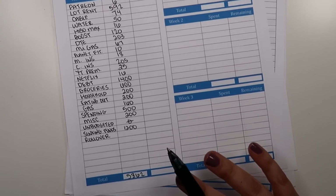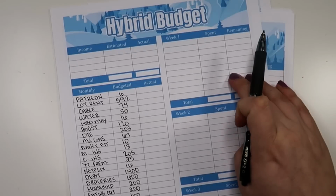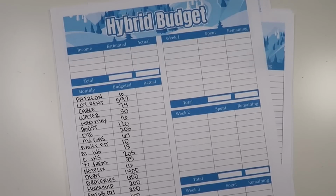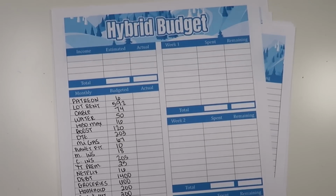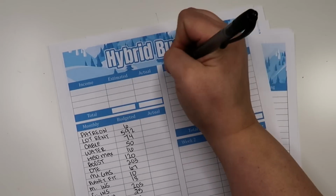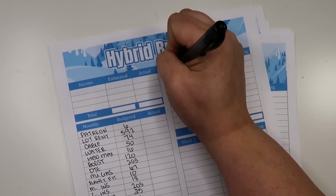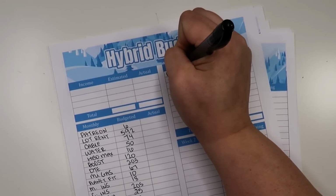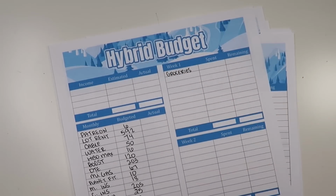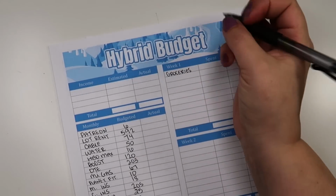Really quickly, I do want to go ahead and set up week 1 and go ahead and stuff my cash envelopes because we are still doing cash for our variable expenses. So yeah, that's what we're gonna do. My categories for my hybrid budget are going to be groceries, for my weekly check-in. Obviously not gonna write what we spent because we don't know yet, but I'm just gonna get it set up. So we have groceries,